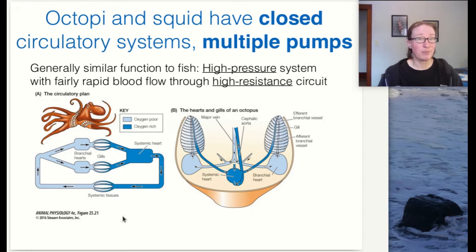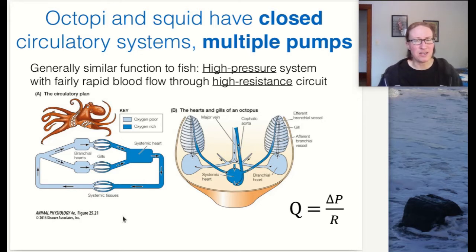So this is a high pressure system, and remember, think back to that oxygen equilibrium curve for octopi, right? So they're using their full oxygen equilibrium curve even when they're at rest, suggesting they need really good oxygen delivery to their tissues. So to get that good oxygen delivery, right, if you want a good blood flow rate, then